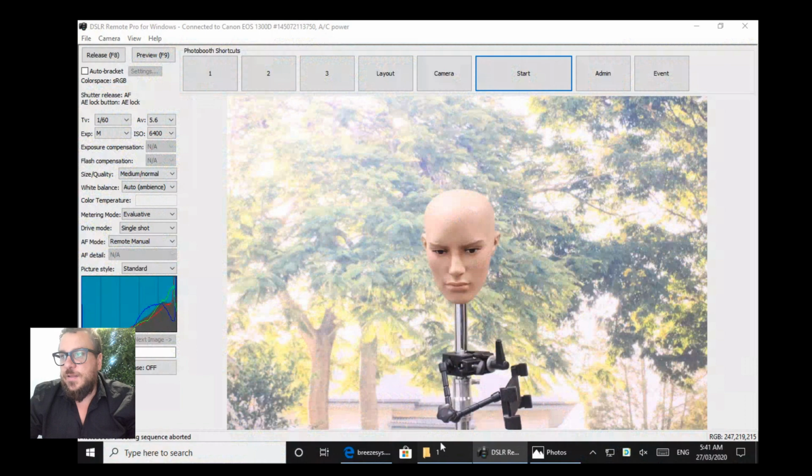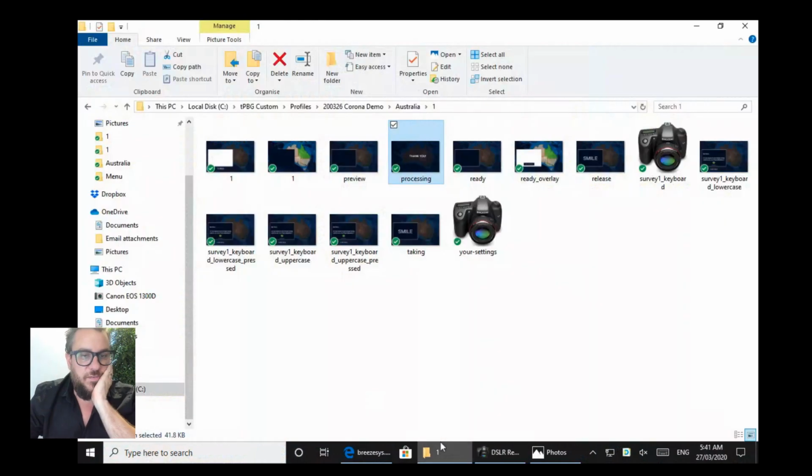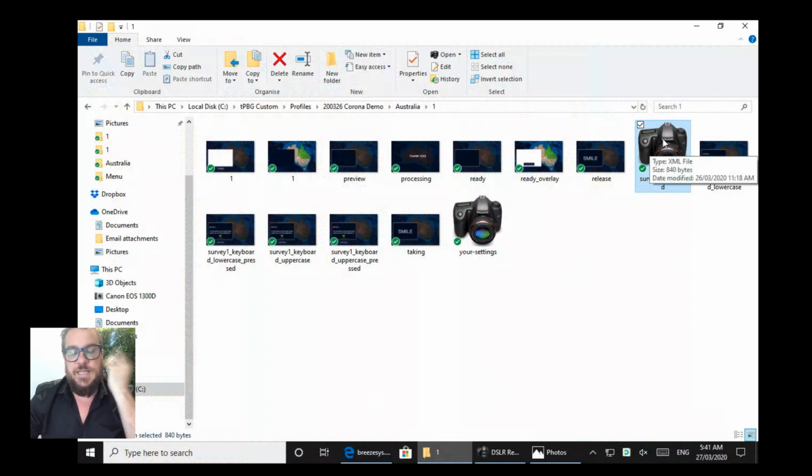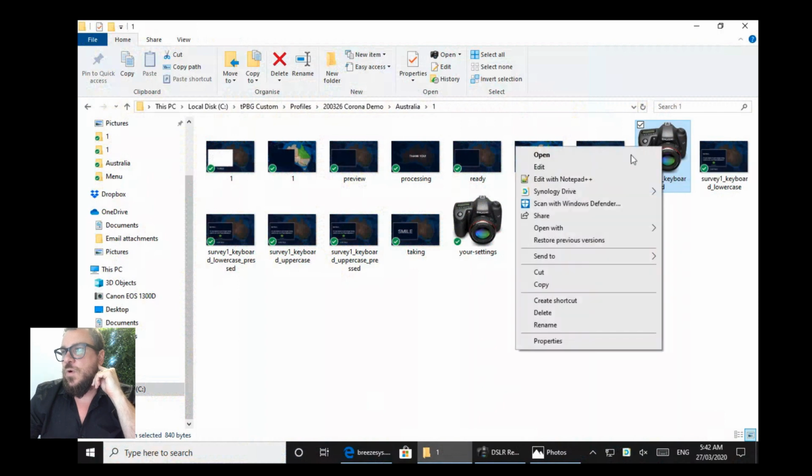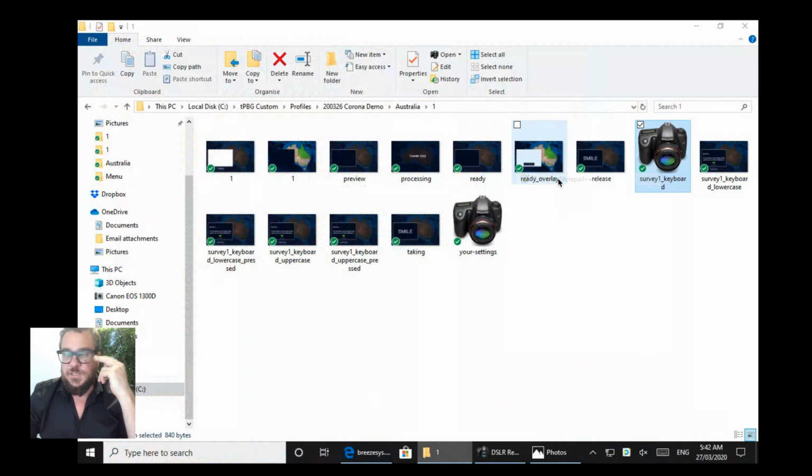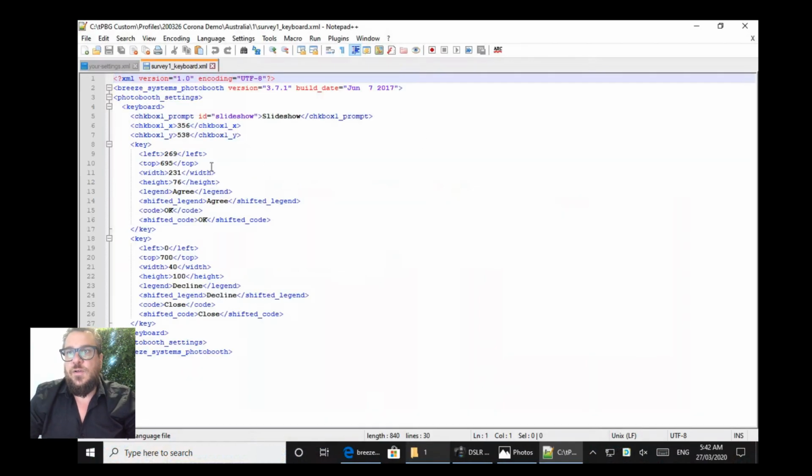Though I will point out in the iPad app, a lot of this is now done in the event editor and is a bit more graphical, so it is actually easier. So it does take a little bit more time to set up in DSLR Remote Pro. Basically, you can grab off the Breeze website in the user guide under the survey section some sample XML code. And XML basically is just text, so any text editor will work. I use a text editor called Notepad++, which is free,